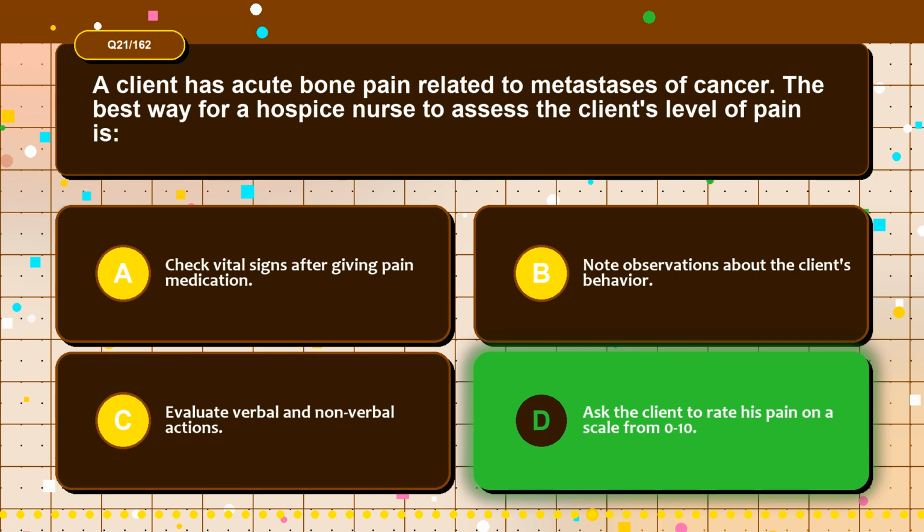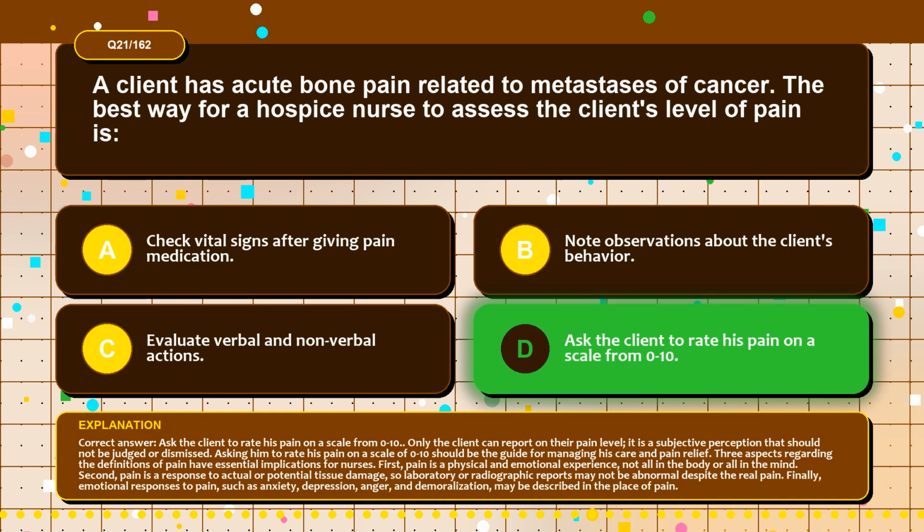The correct answer is option D. Ask the client to rate his pain on a scale from 0 to 10. Only the client can report on their pain level. It is a subjective perception that should not be judged or dismissed. Asking him to rate his pain on a scale of 0 to 10 should be the guide for managing his